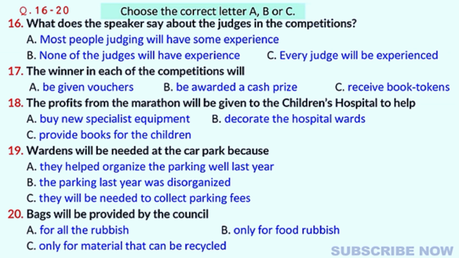Now, the third team will be the judges. For each of the various competitions, we will have 3 judges. On the whole, they will have had experience of judging before. There will be a boat race, a swimming competition, and the best fancy dress. A cash prize will be given to the winner in each category, and for the 2 runners-up, there will be book tokens. There is a sponsored mini-marathon, and by the deadline, lunchtime today, we had